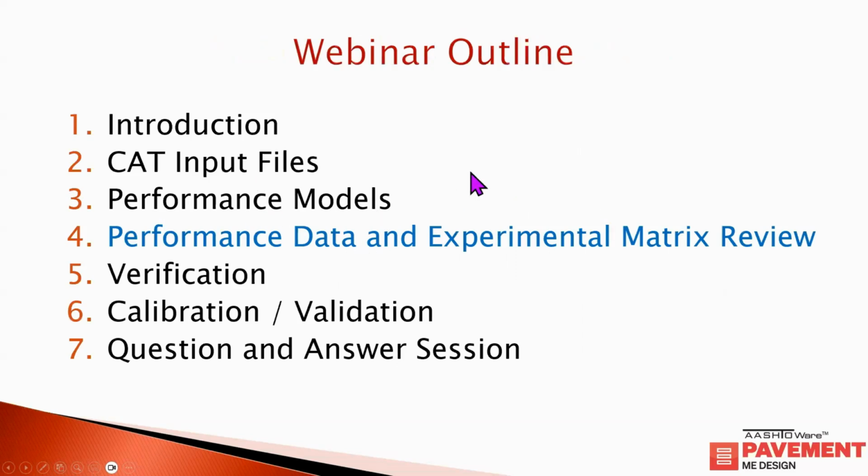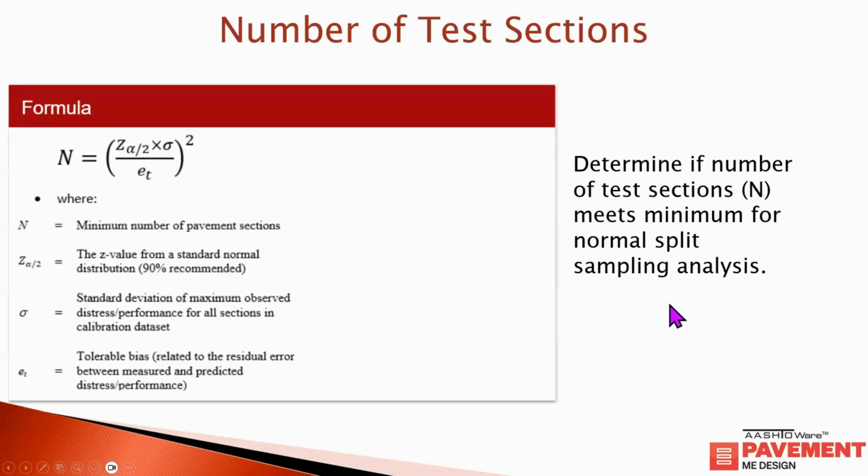Okay, so we've run through the performance models. Now we'll talk about looking at the actual performance data and looking at the experimental matrix. So first of all, you have to determine how many sections you want to use for the initial verification and calibration. There's a formula. This is a screenshot, and it shows that the minimum number of pavement sections is going